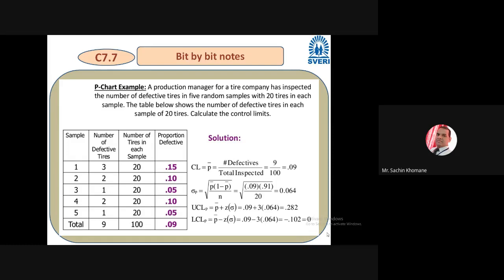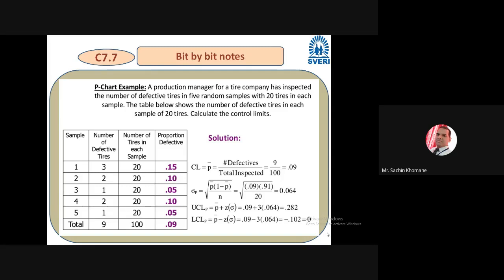In the exam, especially an objective exam, they may not ask you to draw these things, but they may ask you to calculate the upper limit, lower limit or control limit for the p chart, maybe x chart, r chart, c chart, like that. Done. Have you noted these values? Have you done verification of the calculation? All are okay.